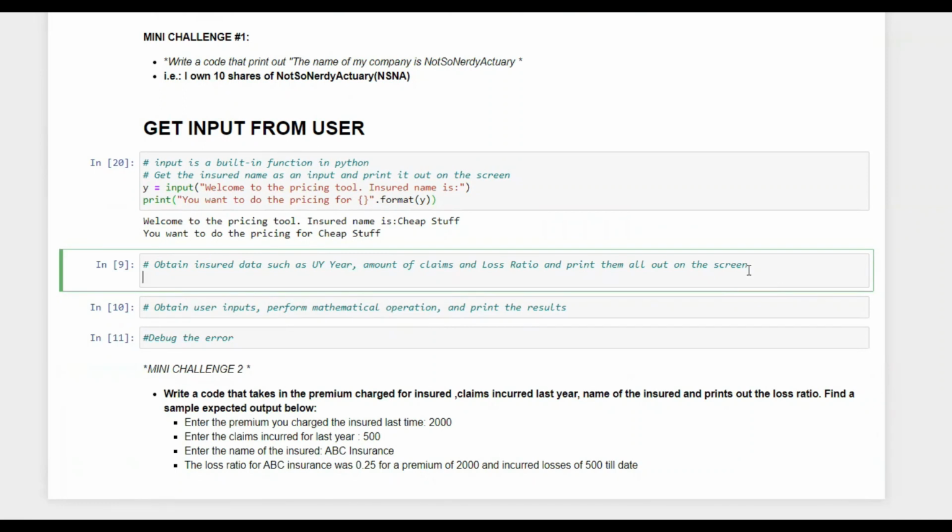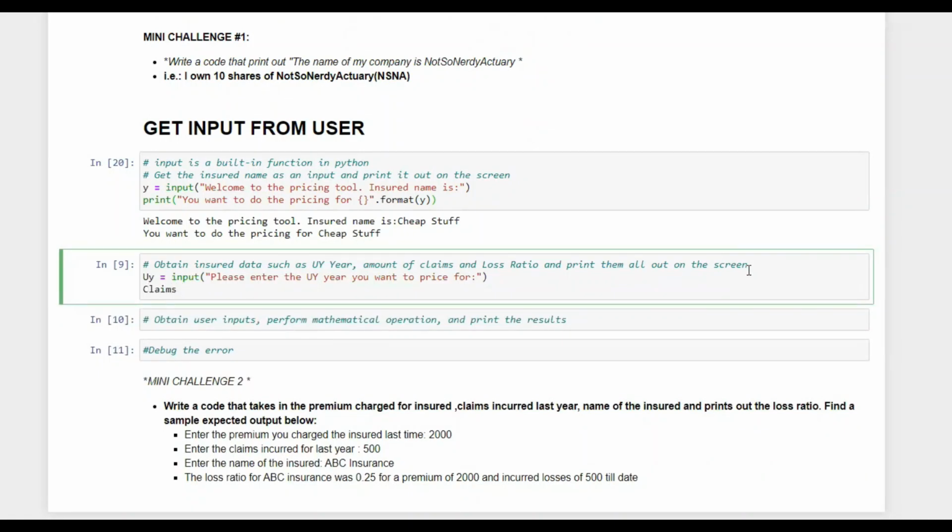Now, what we will do is we'll obtain the insured data. Now, let's quickly get into it. We'll say uy is equal to, again, an input prompt. And the input prompt will say please enter the underwriting year you want to price for. Then we will say claims equal to input, the amount of claims which were incurred last year were.